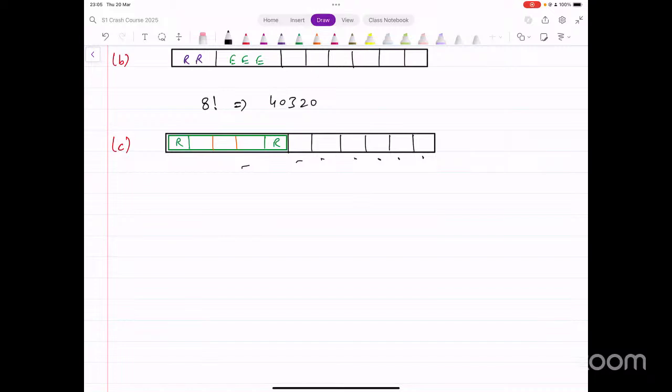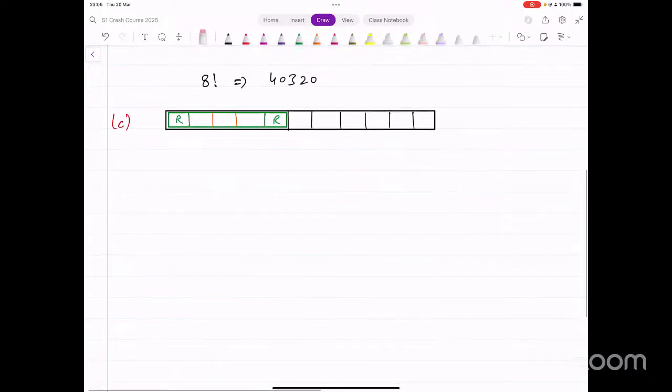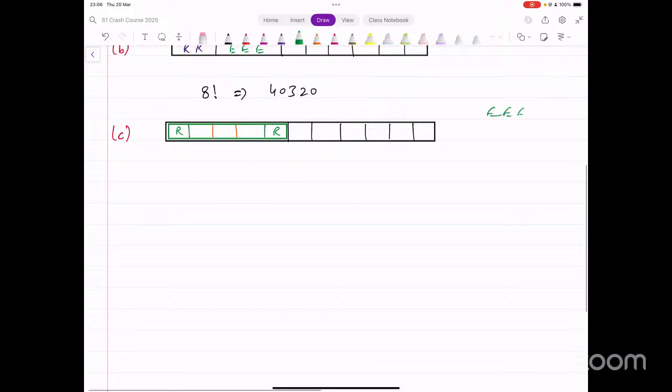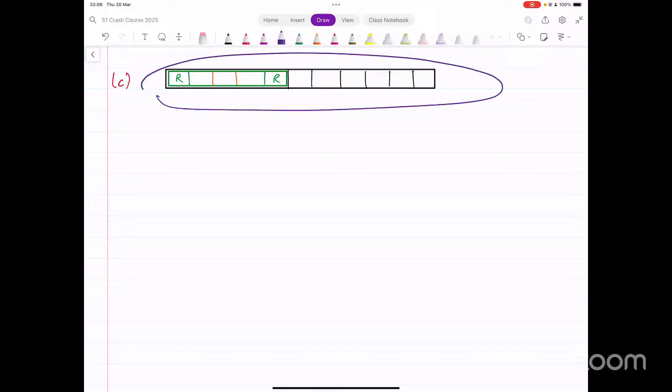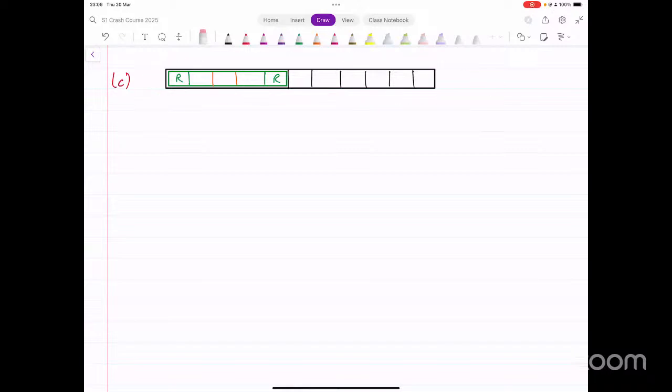Although in this case, since we have the 3 E's identical as well, let me use the other method first, because I think that's going to be easier, because otherwise we might end up having a problem arranging with those 3 E's. So we did 2 methods for questions like these, and I'll tell you why I'm not using the first one after this. So one possible way of thinking about this is that you say,